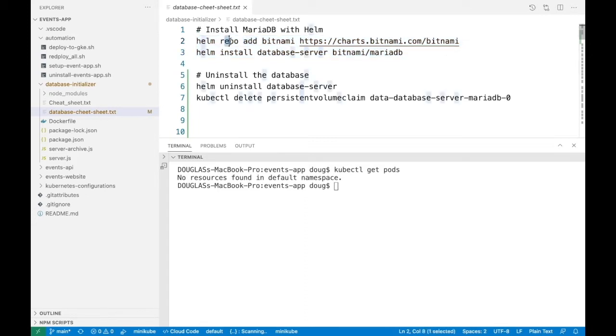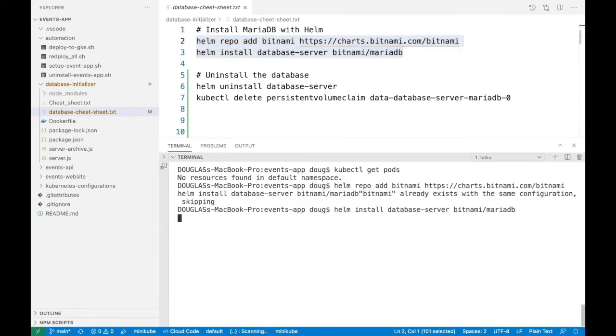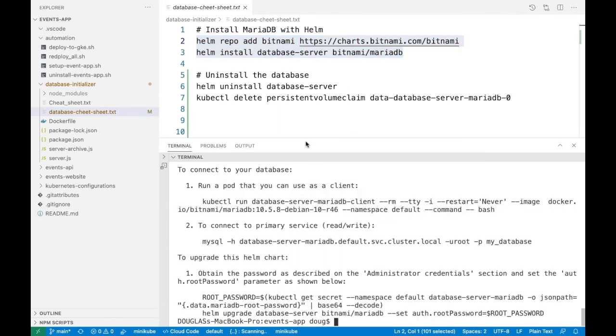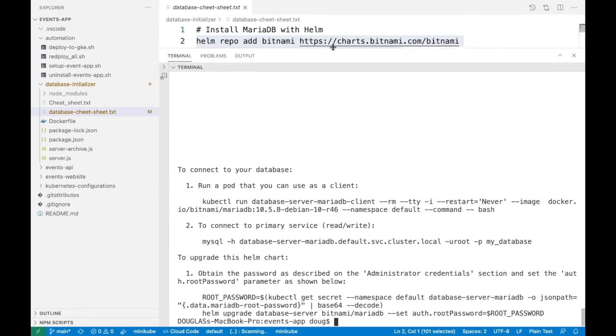So notice it's helm repo add, and then this is the Bitnami repo. If the repo has already been added, it'll just skip it. So there's no harm in running that over and over again. And then here's where we do the actual installation. helm install database-server, etc. And that's the chart that I'm using, bitnami/mariadb. So let's copy those commands and put them into the clipboard, and that will install